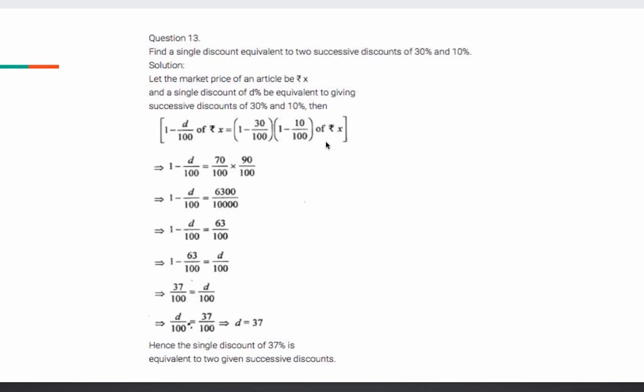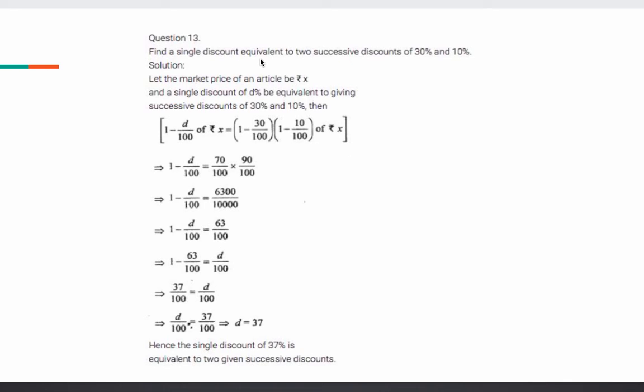Students, please put a cross on question number 12, not to be done in the register, which is a better offer. There is a comparison, so that question you do not have to do in your maths register. Put a cross. Okay, 13th question, let's move to that, the last question of the exercise. So your homework basically is question number 9 today. 10th I have explained, we have done. 11th is homework. 2 questions I have given you as homework from here for the day, and 2 I am taking as classwork, basically 10 and 13, right? See the 13th, or next, students. Yes, 11th I have explained.